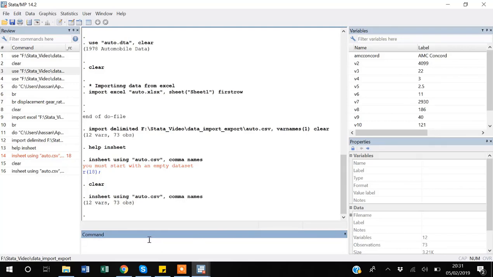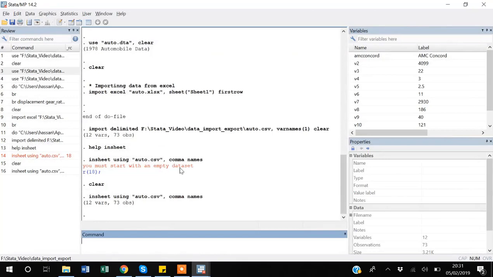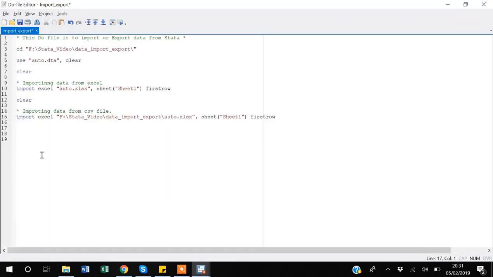So I can Control X this command, and I can close this help window, and I will go to my do file, and I will enter that command again. And as I said, whenever you are uploading a new dataset, it's better to clear the previous commands